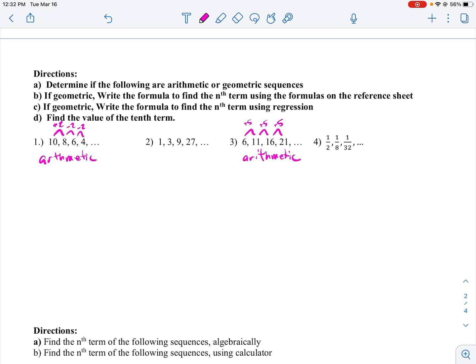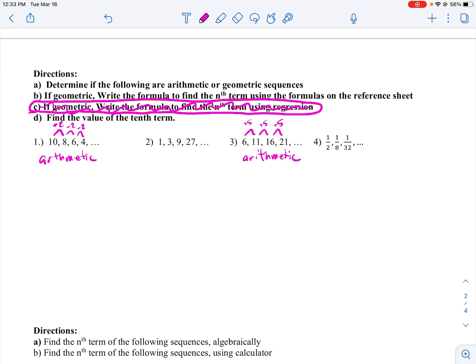Okay? And so that's all we're going to have to do for those, right? Because B and C, well, C will skip, right? I'll show you how to do this in class. So ignore that for now. I'll make sure that you guys are comfortable with that by the end of the week. Right? So we'll just kind of skip that piece for now, and we'll just worry about the